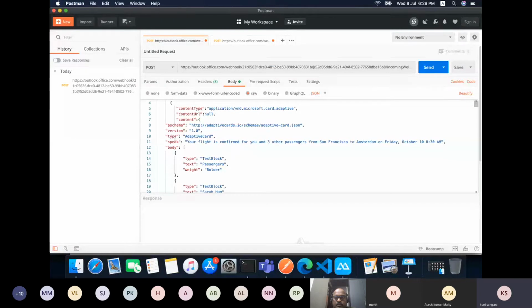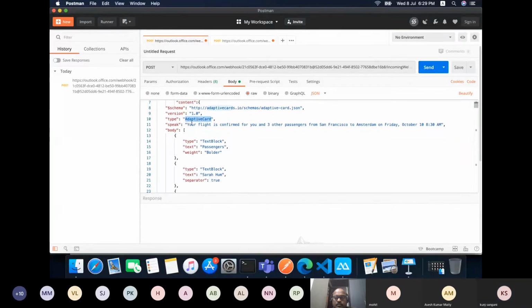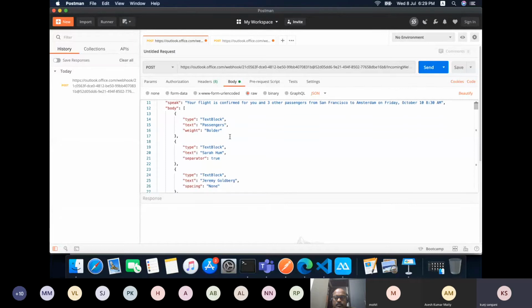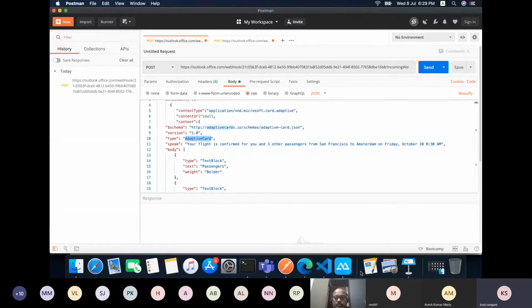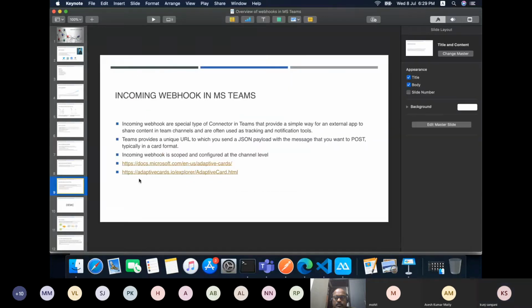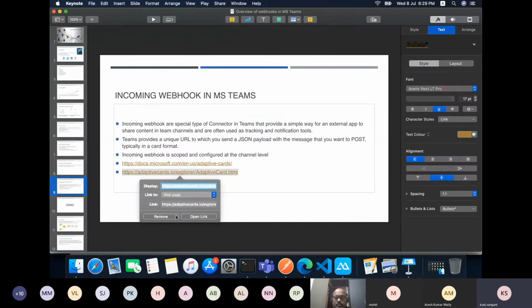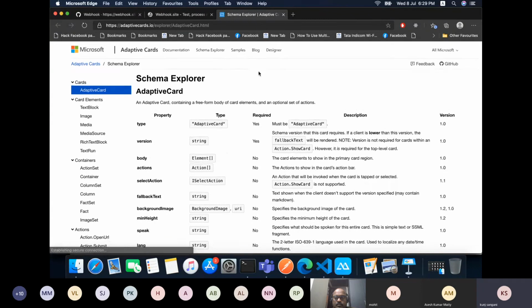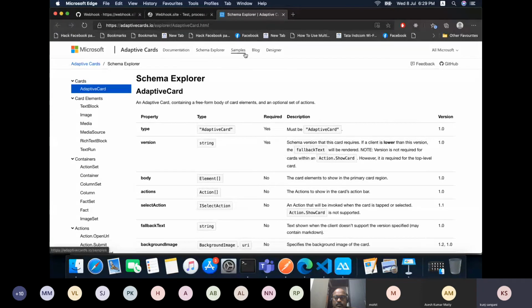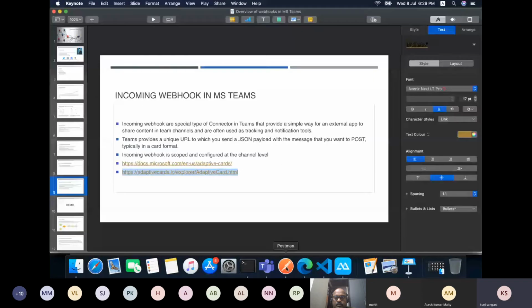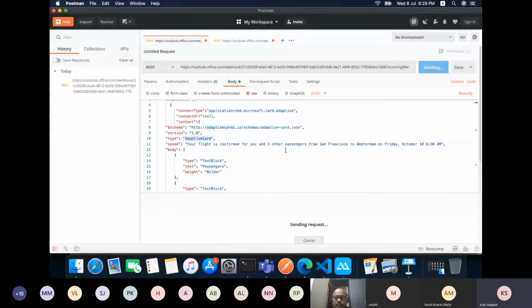Here, as you can see, the type of the data is adaptive card. Here we are using one of the flight examples present on this site. You can check out adaptive cards; it is a very big concept. There are multiple samples, and you can design your own adaptive cards as per your need. Okay, so let me send the data.